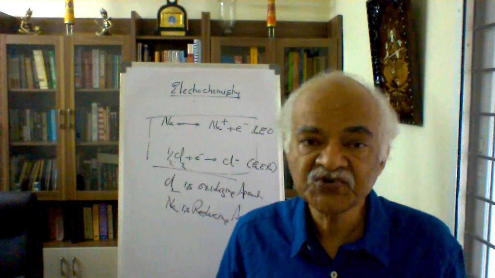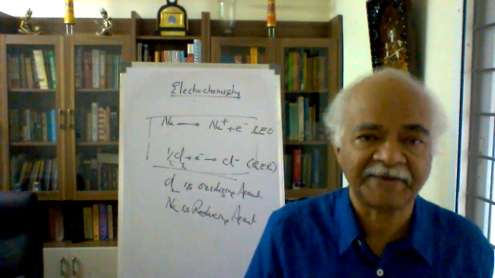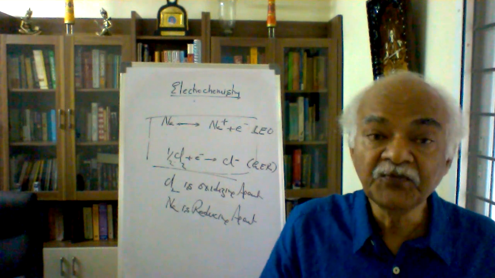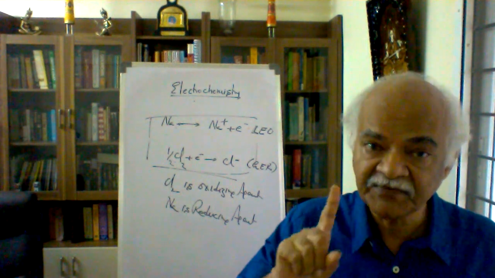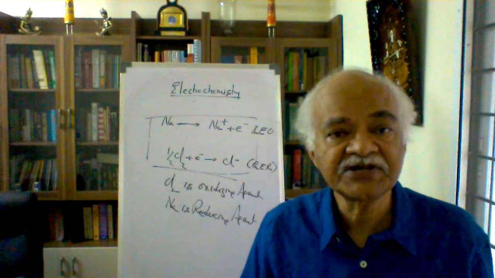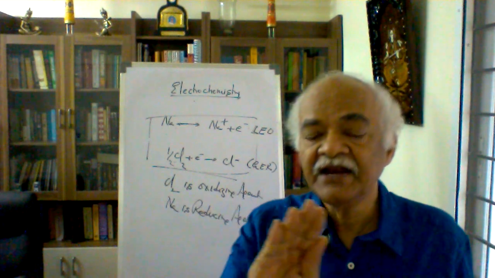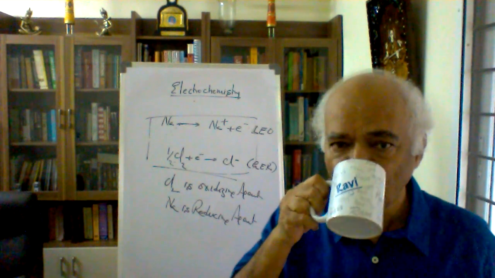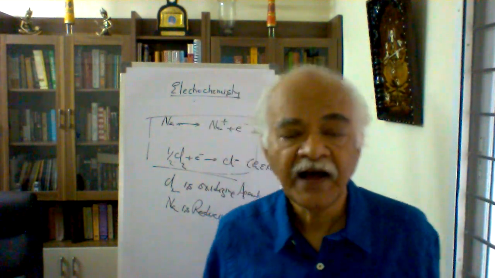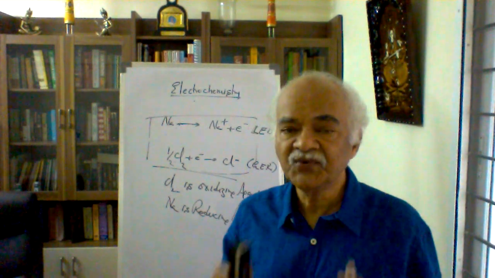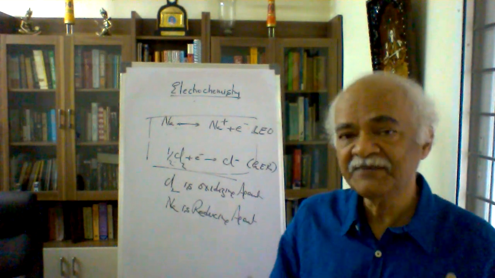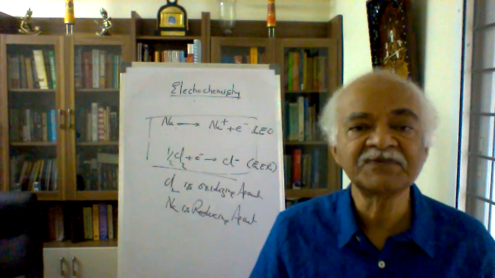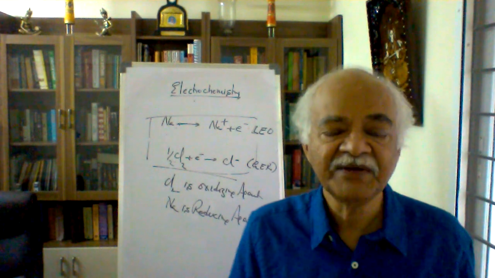Now, I wish to carry out one experiment such that you have a greater insight into the movement of electron. Remember, we are talking about electrochemistry, and electrochemistry means electrons must be involved in a particular chemical process. So, I am taking one good example. First of all, let me draw a diagram. I will try to make it as presentable as possible. Let me first describe that.